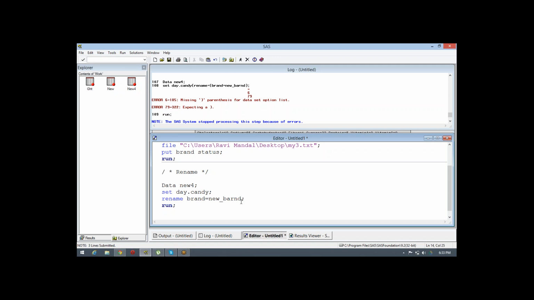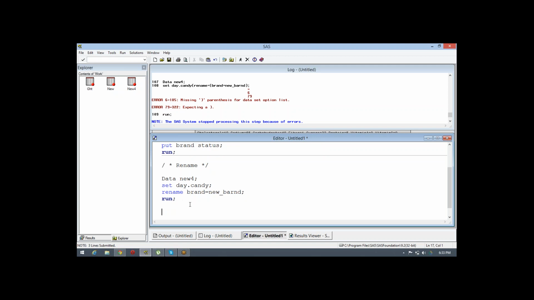So this is another way. Another function here is label. Label means it's a subname of a variable. Let's suppose sometimes we keep a particular column name in small form like EMP ID, but there is an extended name called employee ID.